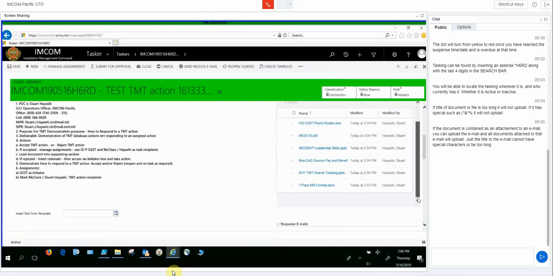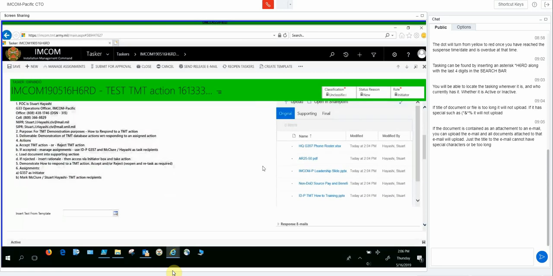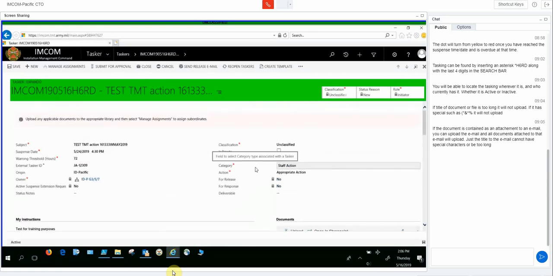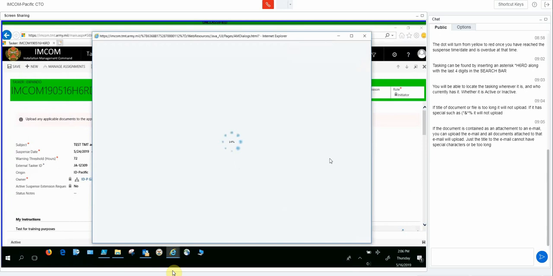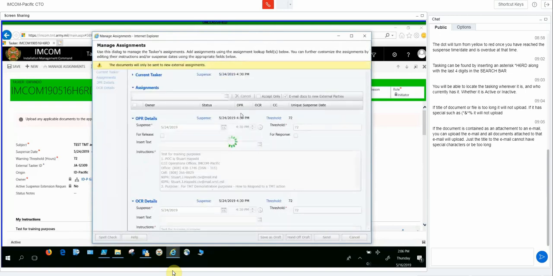Okay. Once that's done, the task is ready to now be assigned to someone. So I will go ahead. The next step is to manage assignments. In manage assignments, this is like staffing in action, like a shotgun blast. So you send it, whoever you pick, you're sending it out to, it will shoot it all to those people at the same time. So we recommend